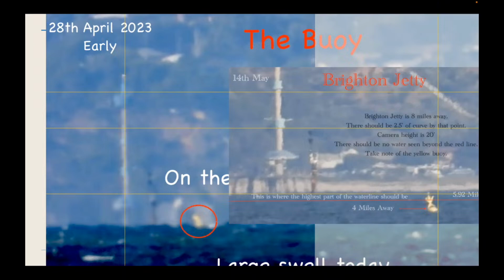Then we get our Rayleigh's criterion, we get the angular resolution, we get the diffraction, all those things really come in. So I haven't got it in here, but I did film a ship the other day, maybe 2 weeks ago now, and that went out to 31 miles away. And all that happened was it just ended up getting so small and opaque that it just disappeared. But I could tell that I could still see the hull of the ship, because the hull of the ship was black, a little line, and right at the very end of it, I could still see the hull of the ship. You could still see a little black line. Okay, so I knew that I was still seeing the entire ship. It just disappeared.